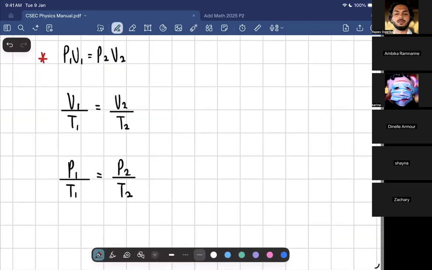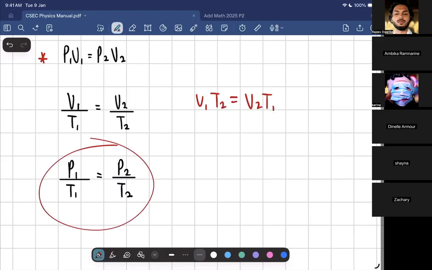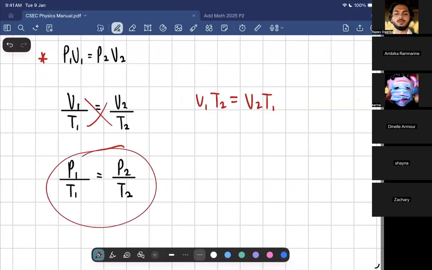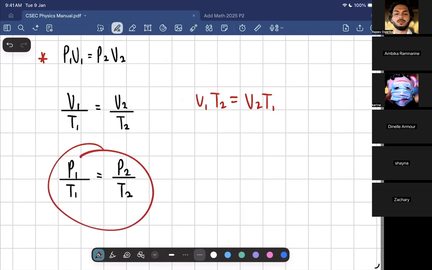So another way we could write this is V1 T2 is equal to V2 T1. Another way we could write this, Nikolai. I tried something else before we move on, right? So Nikolai, I want you to observe how I wrote this, and I want you to write this in the same form. So if I'm cross multiplying, how would I write this? I'll start you off. That'll be P1 by